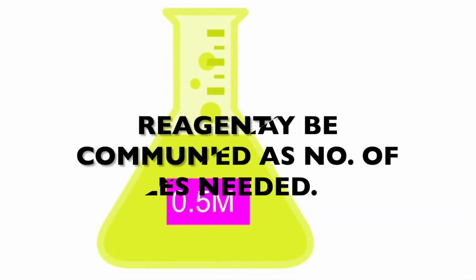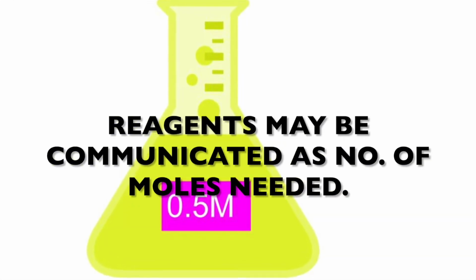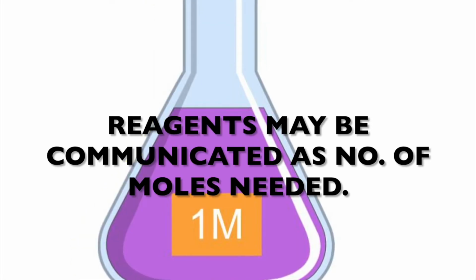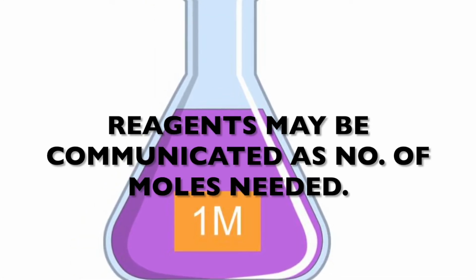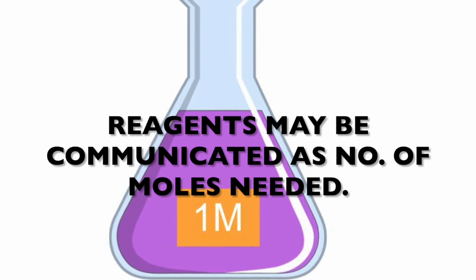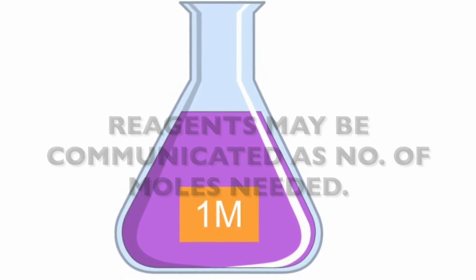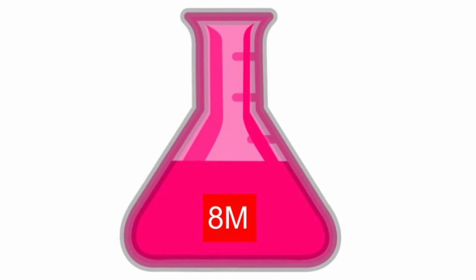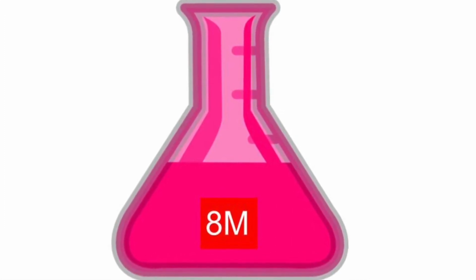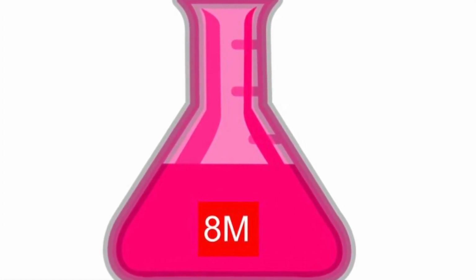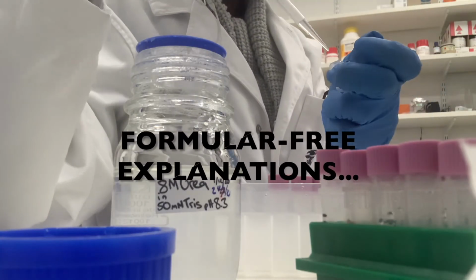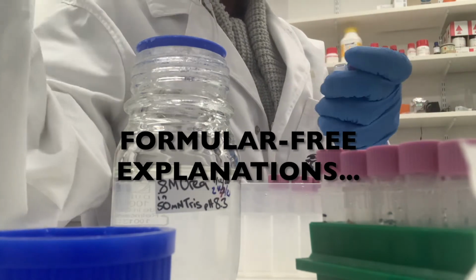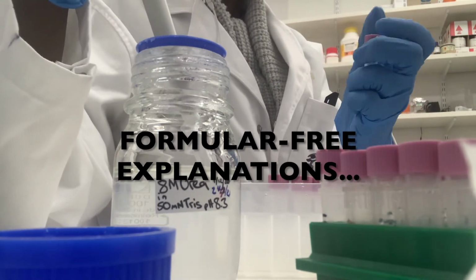In these scenarios, the reagent that you need to make may be communicated to you in terms of molar concentrations. So they may say make 1 molar solution, make 1 molar of Tris or 50 millimolar of Tris, or they may say make 8 molar of urea or millimolar concentrations of urea. So let's go over that. We're going to talk about measuring the number of moles or the molar concentration that is required for your